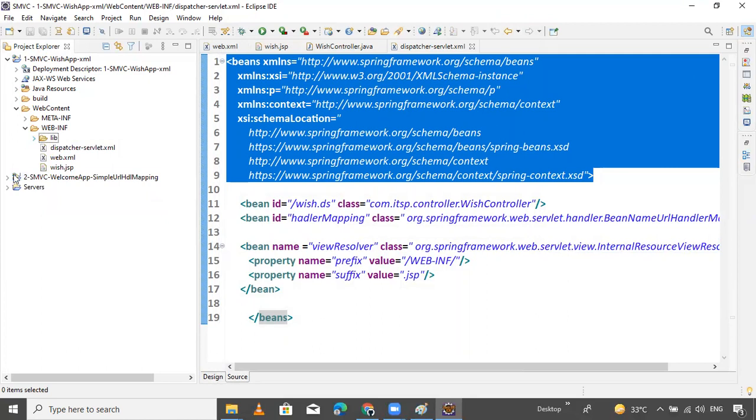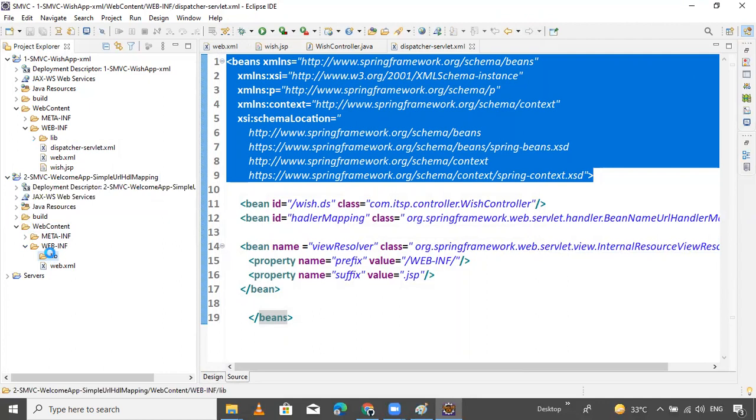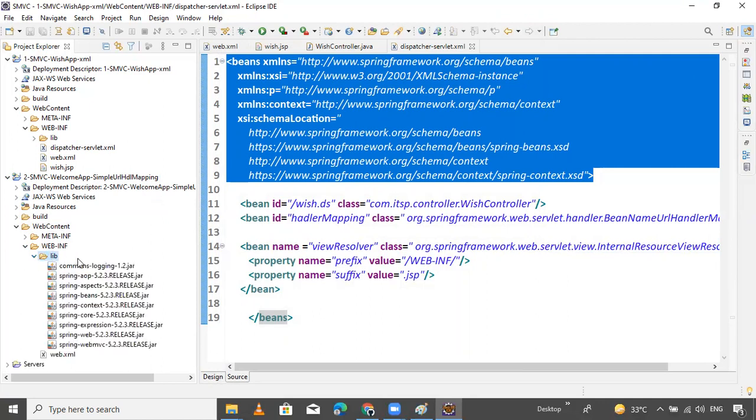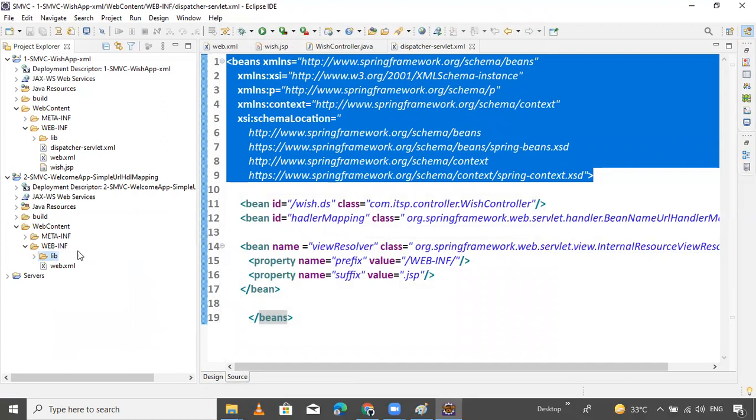Control C, close it, open this, paste it. Now the view is completed.